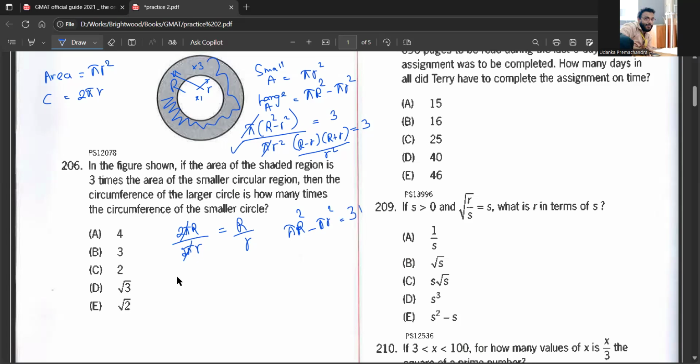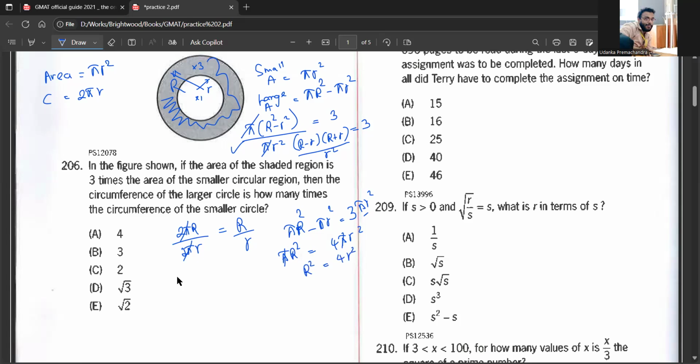What is πr²? Now you take this minus one to the other side. Is that clear? The difference of these two equals this one, so 3 times of this one. Now this minus goes to the other side: πR² equals 4 times πr². Now π and π cancel. Here R² equals